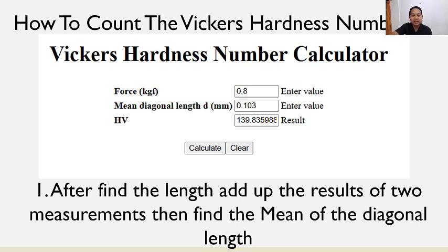After finding the length, add up the results of the two measurements, then find the mean of the diagonal length.